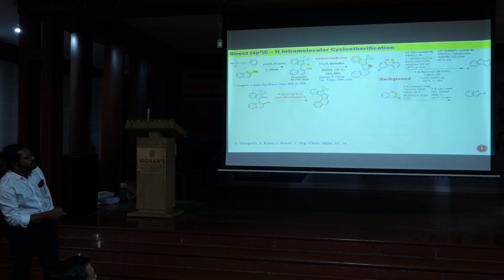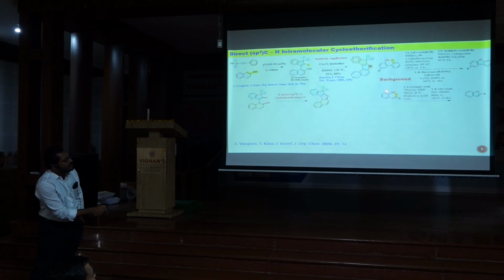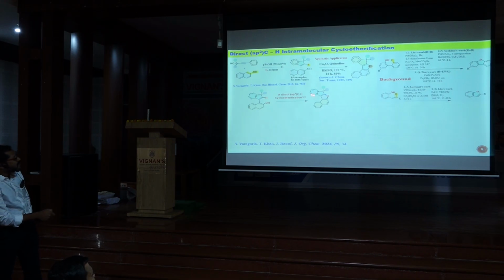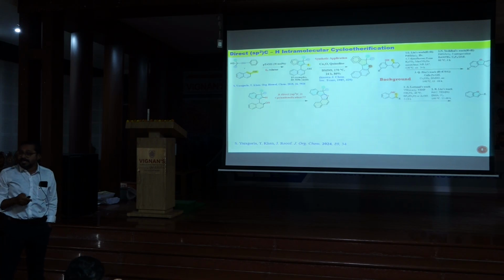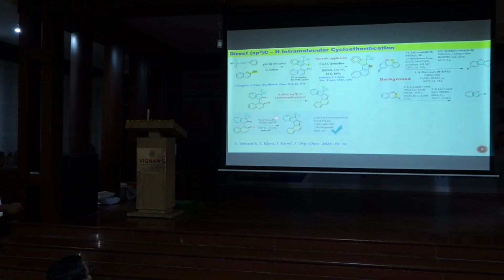When we looked at the literature, there are some hints that when you have biphenyl systems like this, there are reports that people made corresponding fused systems. And even 2-alkynyl phenols were subjected to intramolecular cyclization. However, we didn't see any report on this particular scaffold where indene is attached. So we felt that this is an opportunity for us to develop a strategy for intramolecular etherification. Therefore, we realized that using these conditions, copper iodide and DMSO at 140, we were able to do intramolecular CH functionalization to make these polycyclic scaffolds.